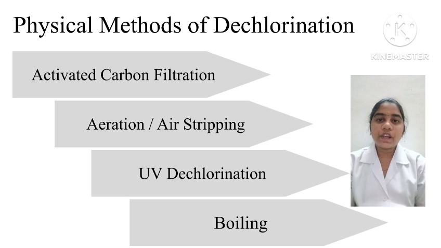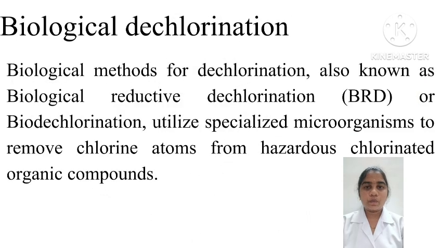Aeration method. Free chlorine is volatile. When water is brought into close contact with air, the dissolved chlorine escapes into the air. The chlorine concentration in the water reduces. This is a physical mass transfer process. Third one is biological dechlorination process. Biological dechlorination is the removal of chlorine or chlorinated compounds from water by the activity of microorganisms, which use